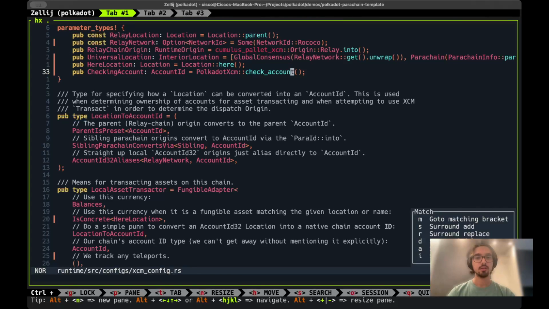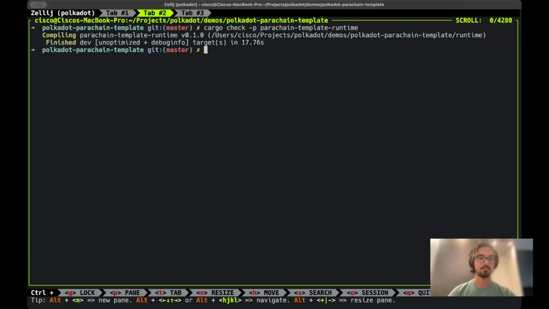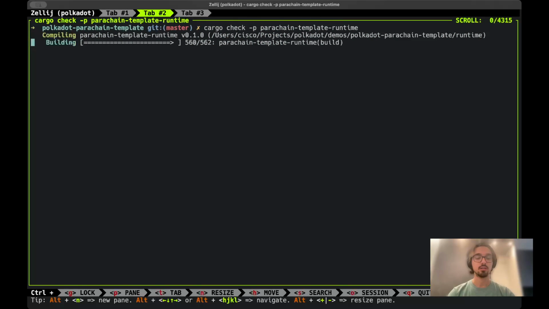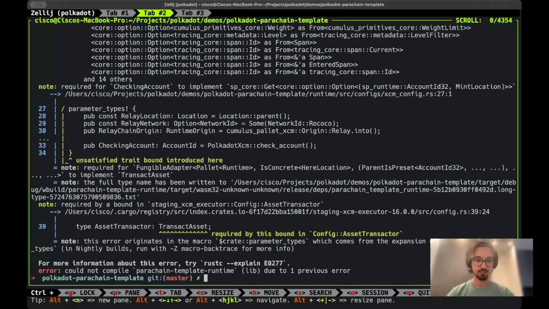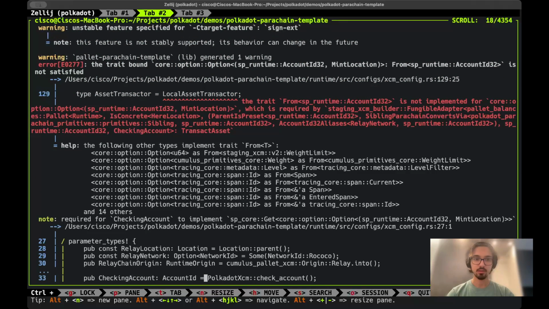So then this is the name. Good for us. And now we can put it here, checking account. We track teleports. Let's check it again. But one way, if that was not the name, there you go. We got an error,